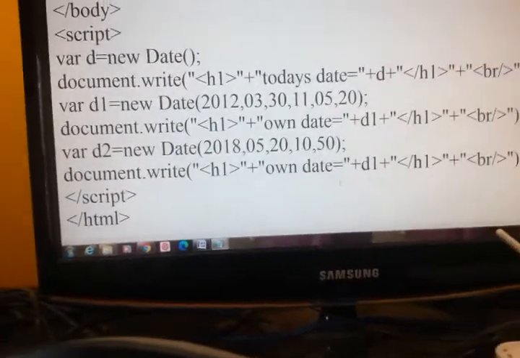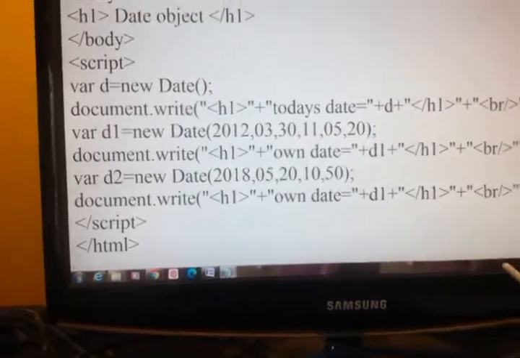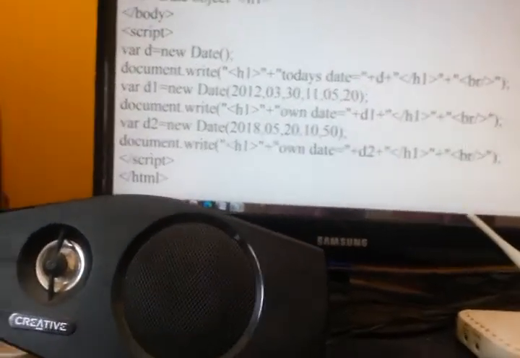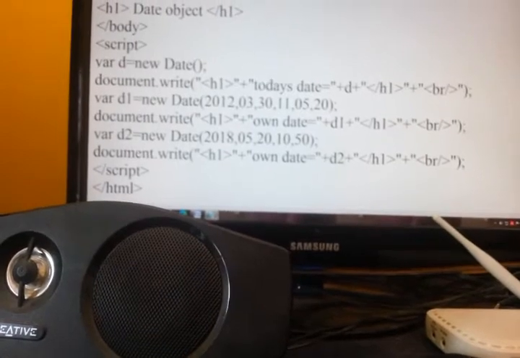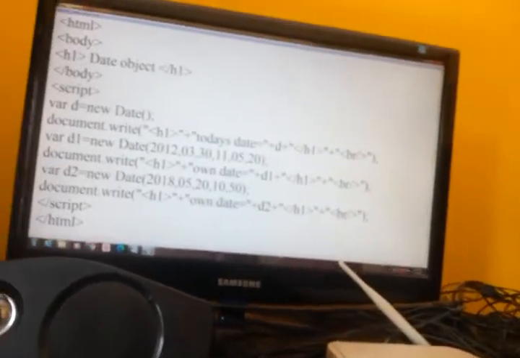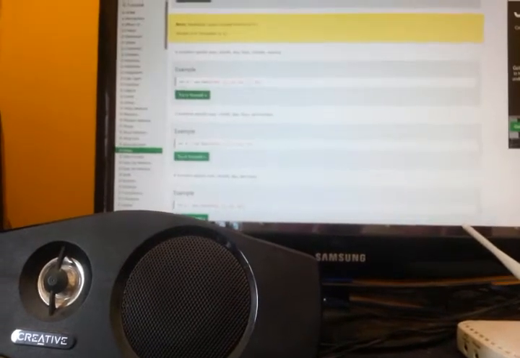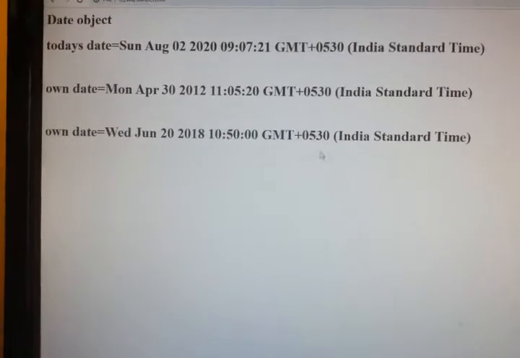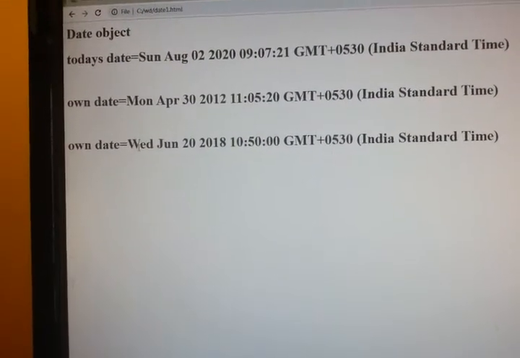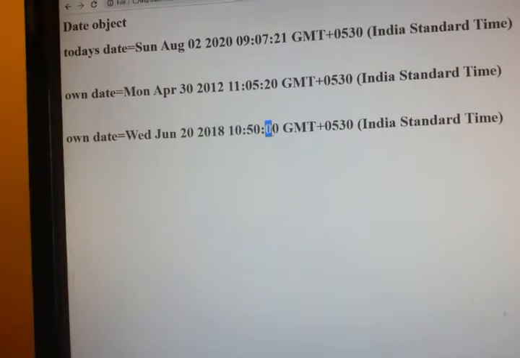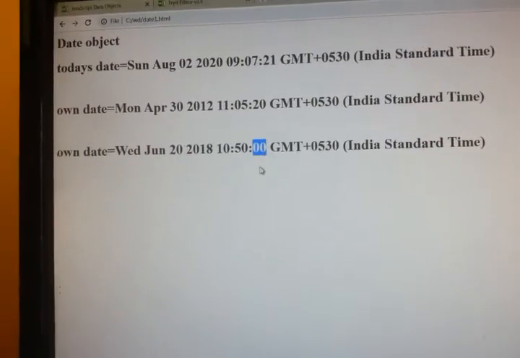So reduced. I'm not giving seconds, and just see what happens. When I'm not giving seconds, it is simply taking 0 0.